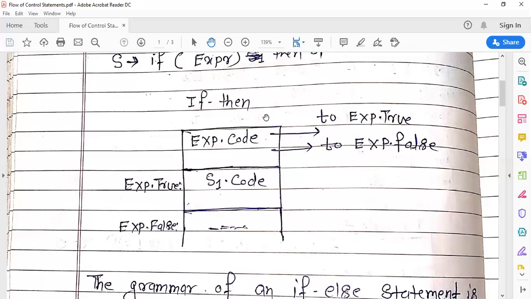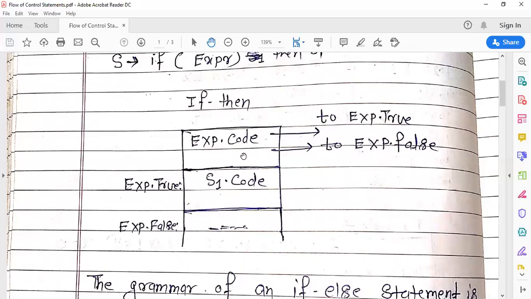This is the if then statement. If the true statement is not executed, control goes out of the if statement, and this is the next statement after the if. So this is the flow of control for if then.